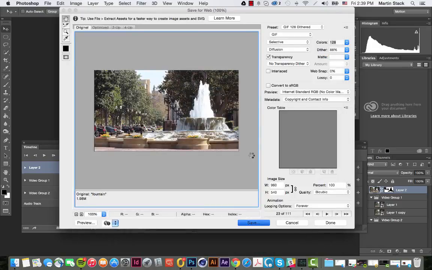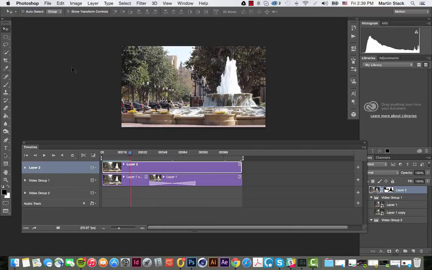Now I have the fountain Cinemagraph with a foreground plate that just masks out parts of the image that we don't want. Thanks for watching, and I think in the next one we'll do some advanced techniques and maybe add